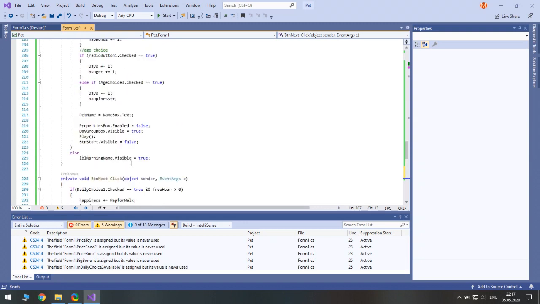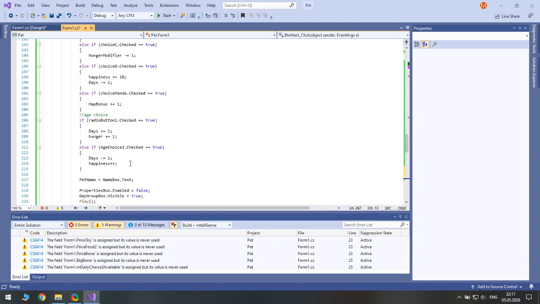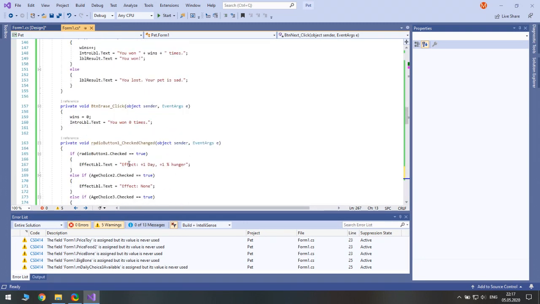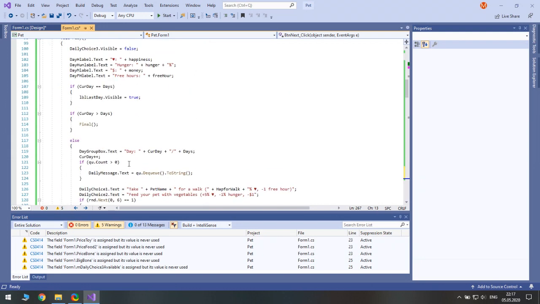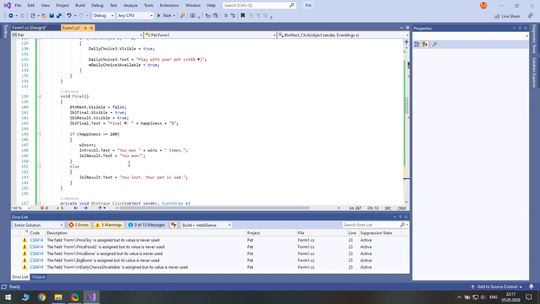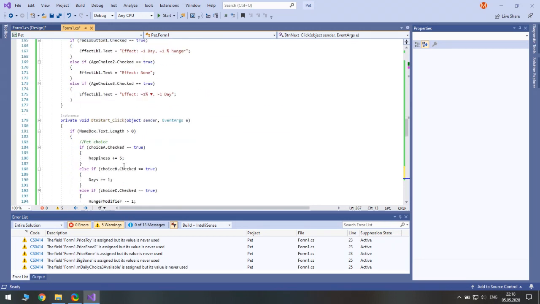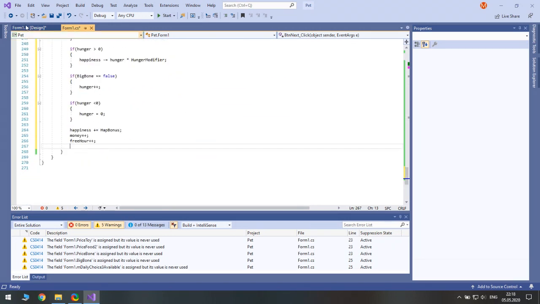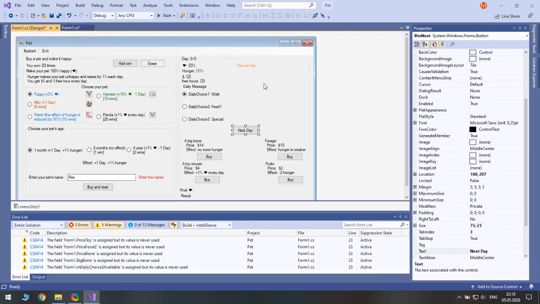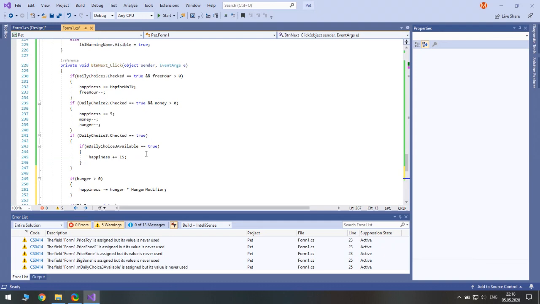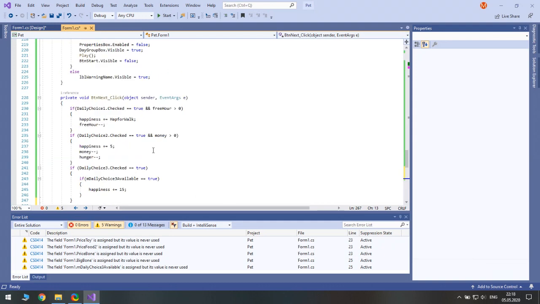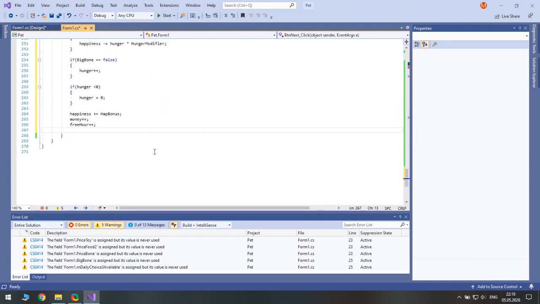Yeah, and in order to save, actually, the play code is highly suitable to be reused, because we need to update all these values every day. So after we click the next day, we call the play method.